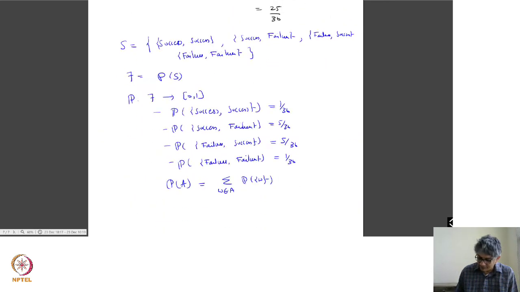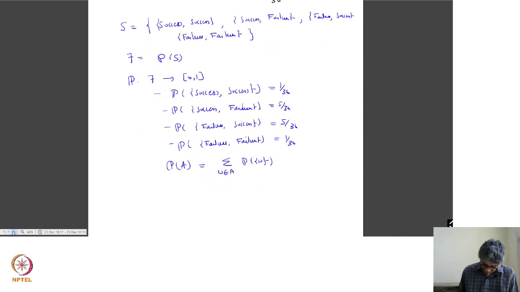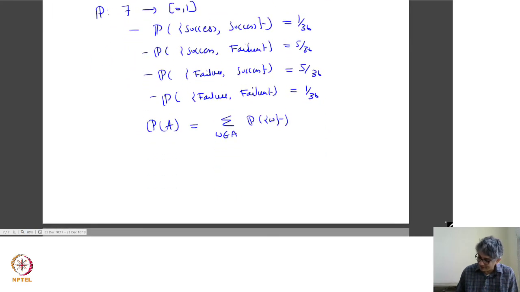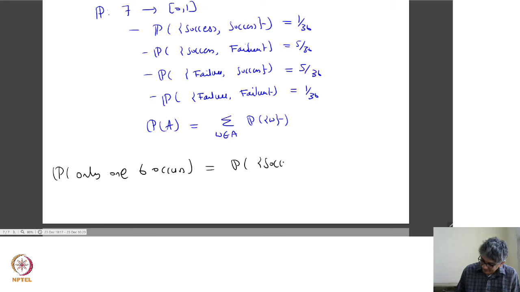So in the corresponding sample space, that is just one success and one failure, or one failure and one success. So that means the probability that only one 6 occurs is the same as the probability of, excuse me, success failure,